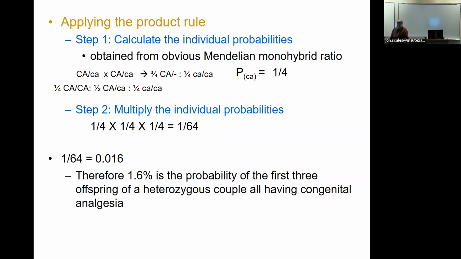What if the question said at least 1? So if they have 1 kid, any of them, then that satisfies it, right? What if they had 2 kids with constitutive analgesia? Would that also satisfy that question? Yes, it would. What if all 3 of them? Yes, it would, right? So the only way that that question wouldn't be satisfied would be if none of them had it, right? So what you really need to figure out is what's the probability that none of them would have it, right? So if you said at least 1, the opposite of that is none. So what's the probability that none of them would have it?